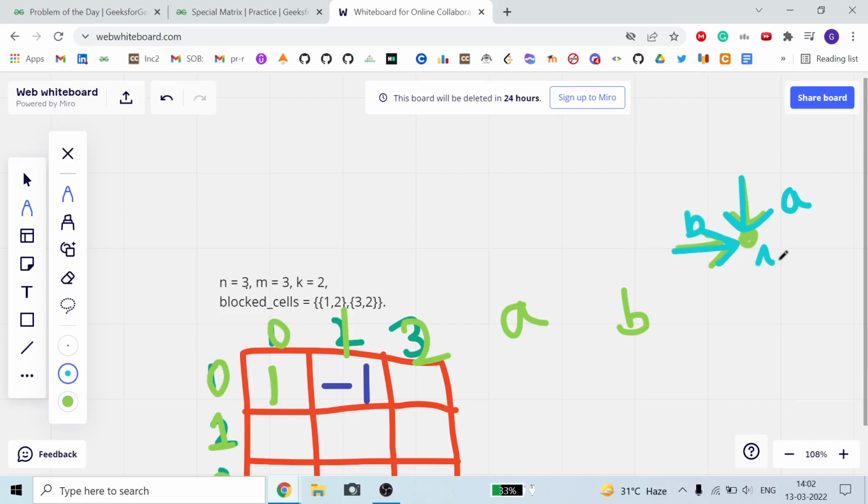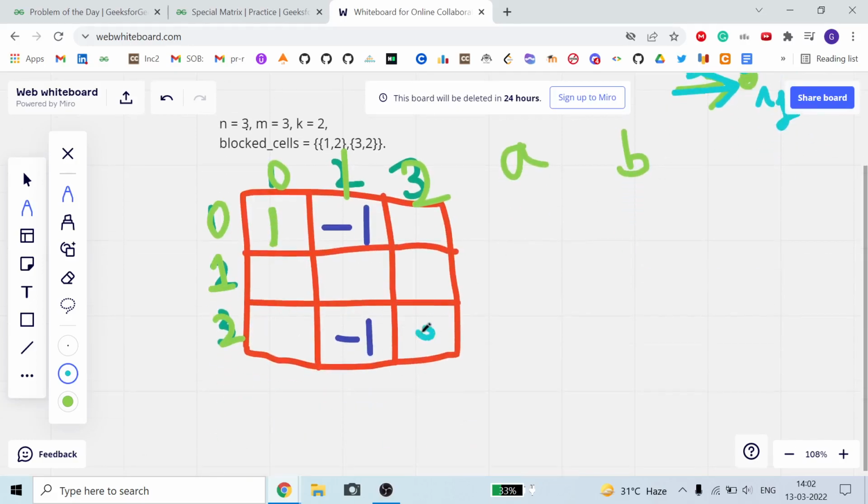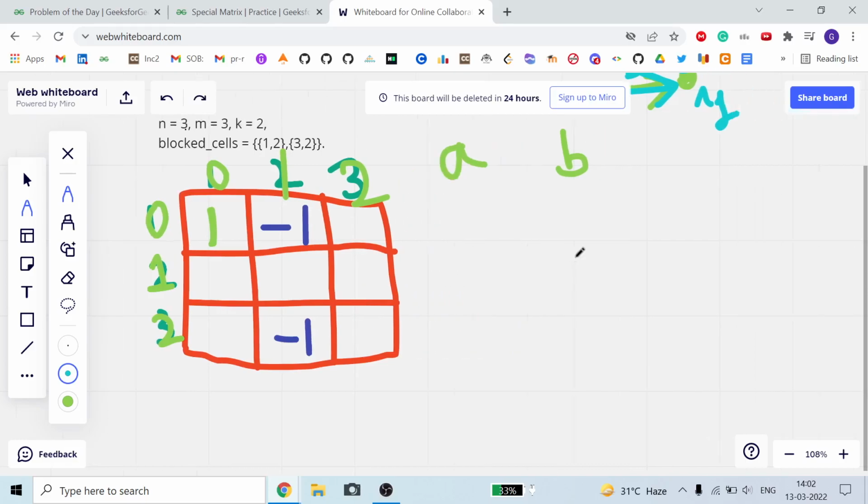If this index is i comma j, then this index should be i minus 1 comma j. When finding the ways of reaching here from above, we use this index: 1 comma 2 and this is 2 comma 2, so it is 2 minus 1, or i minus 1.